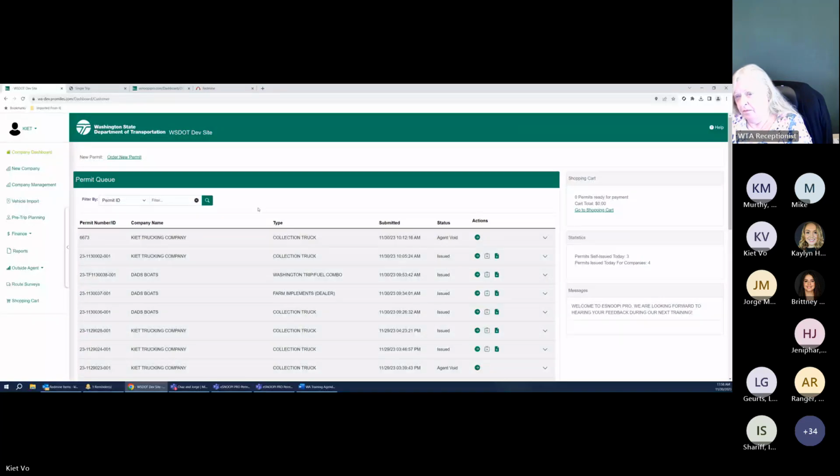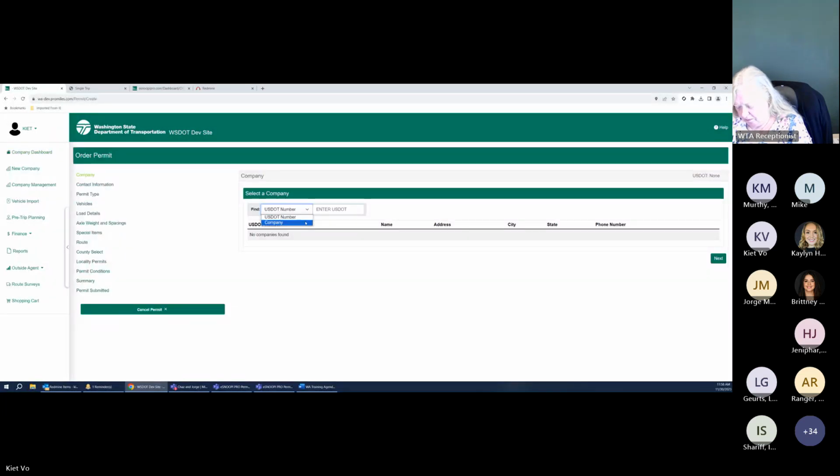It will let you finish the application. It's not a hard stop. It will let you finish and submit the application, but it would have to be approved by the permit office if it's going to be overridden. It also tells you at the very beginning. So Kit's going to go ahead and start an application now for a company that fails. When you pick this company,